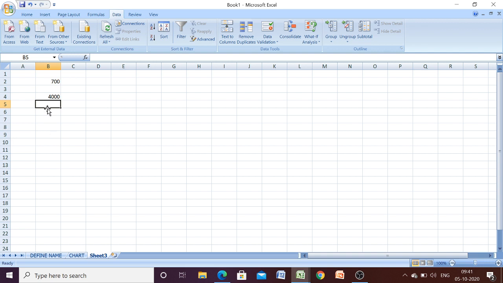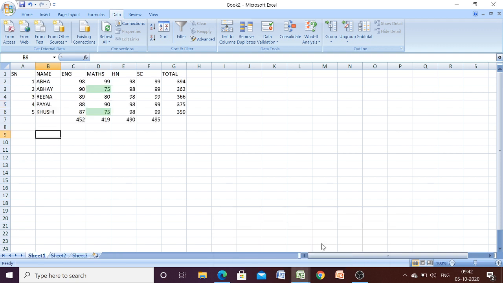So for the correct formula we can type like this, name of the sheet, then your cell address. Similarly we can link with another workbook also. So here you can see that book 1 is opened, okay, and one another book is here with me, book 2. Suppose I want to get this value in our another workbook, then how to do the linking?